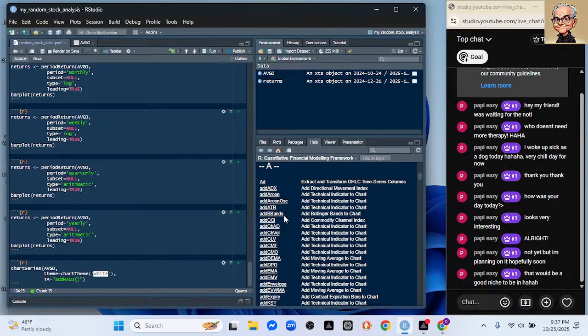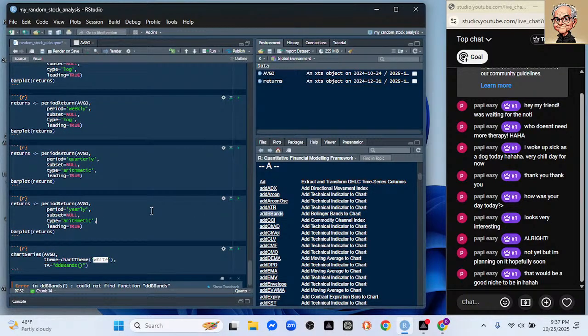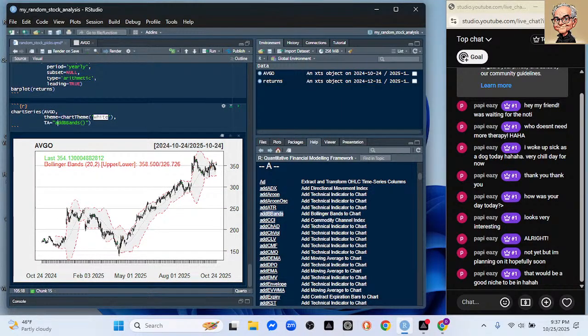And let's change this to... and my dear friends, here is your Bollinger Band plot overlaid over top of